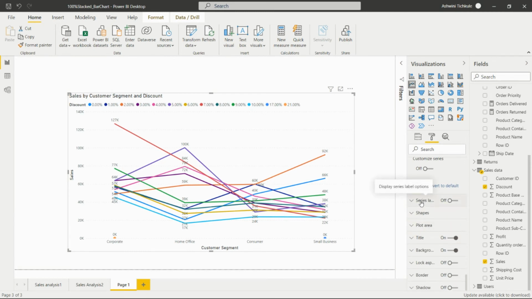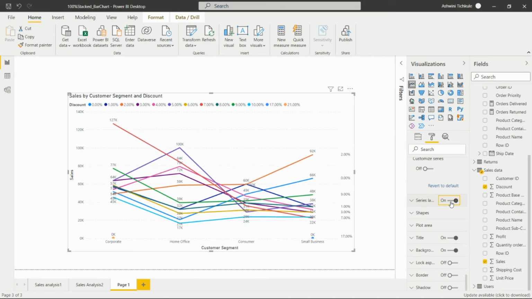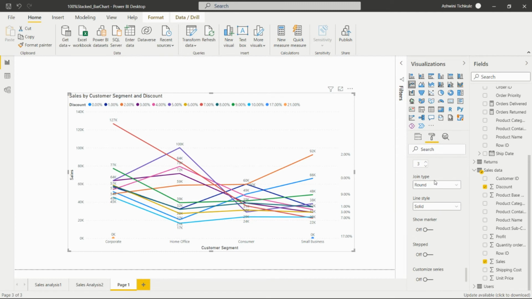And this is the display series label option. From here we are able to see the series label also. Okay, so this is the series label. And from here we can set the type, like shapes, for those particular strokes.